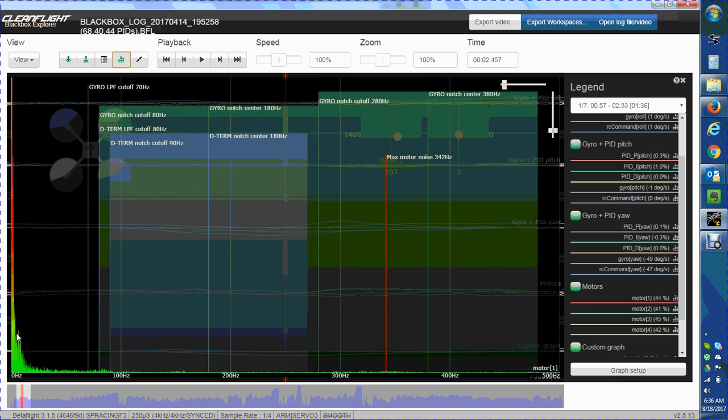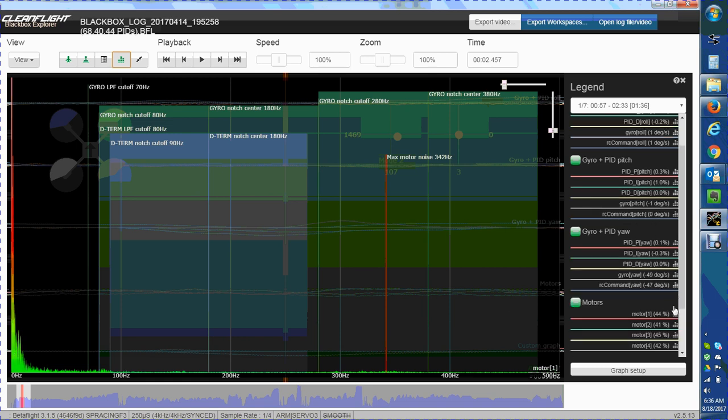And all you see down here at the bottom is the actual quad moving. It's very low frequency, rolling left, rolling right. And I'm really just kind of stable in a hover right there. And I'm going through the different motors here, and you can see there's no spikes at all. So that's a drastic difference